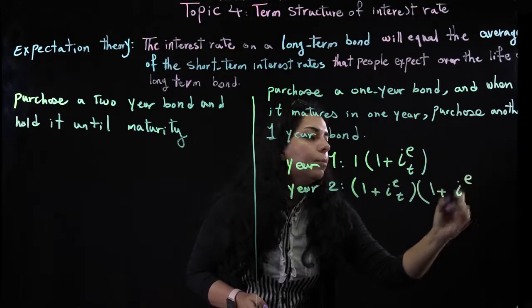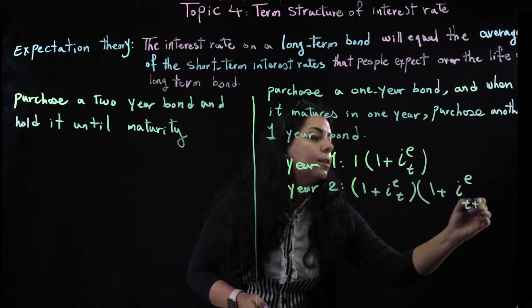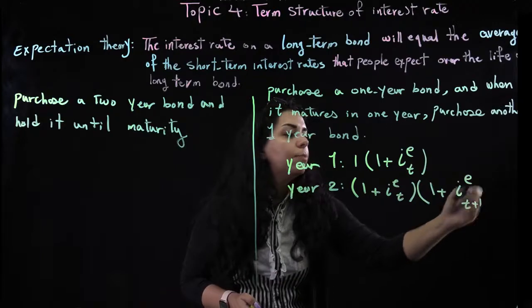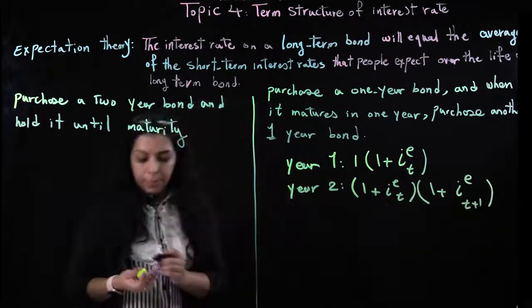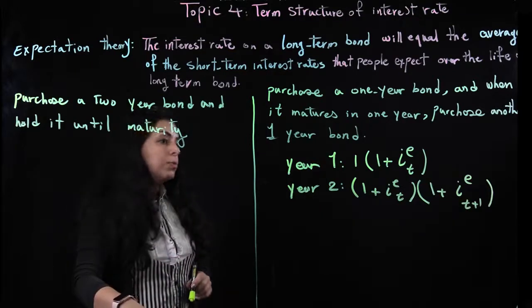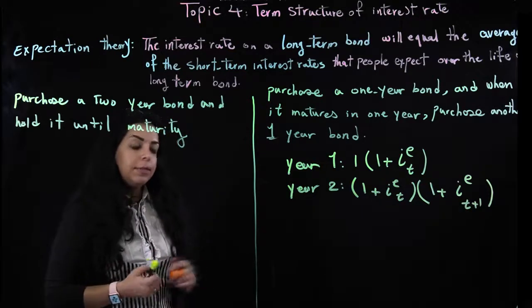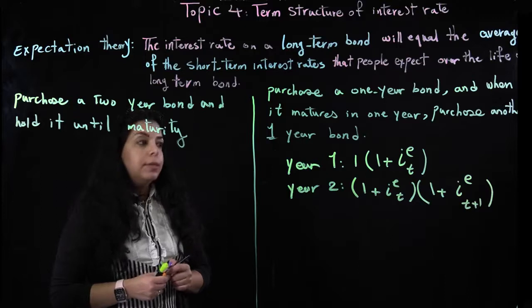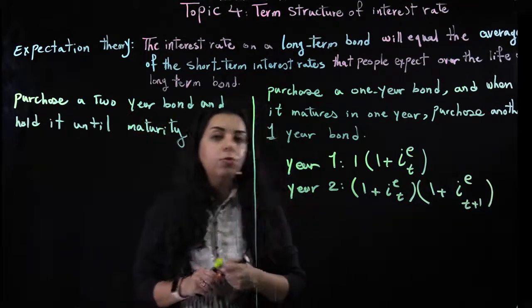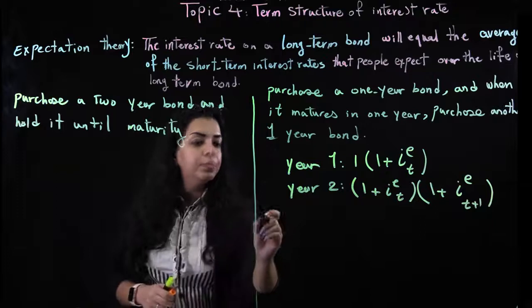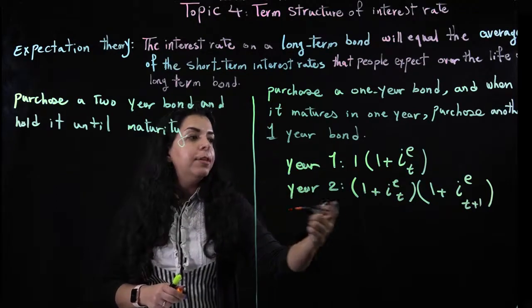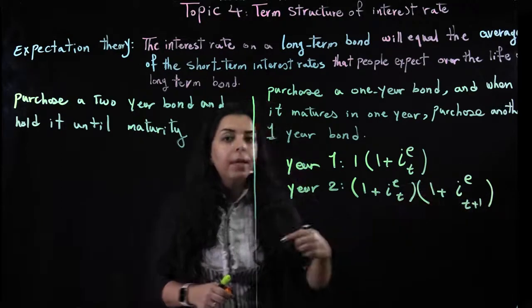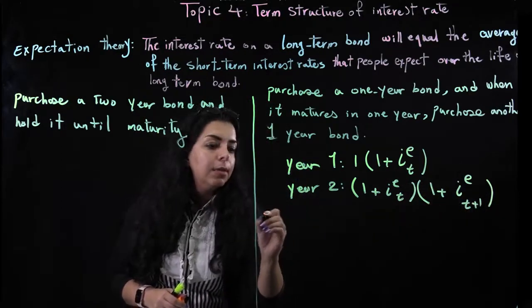For another 1-year bond, the interest rate of the next year is the expected interest rate at T plus 1. So this is our earning at the end of year one. Then how much have we invested? We have invested $1. So if I want to know my profit, or my clean earning after we deduct our investment,